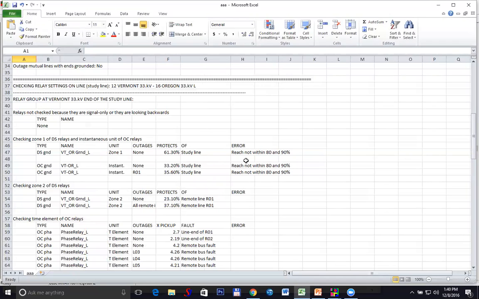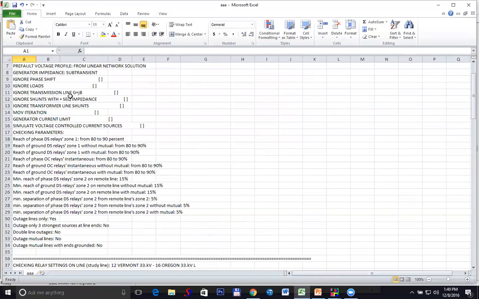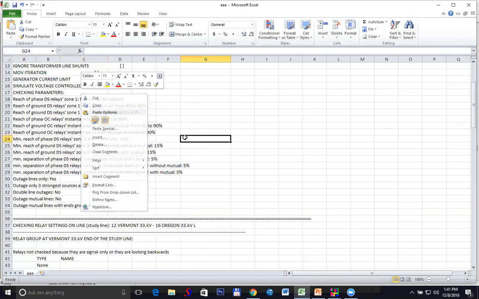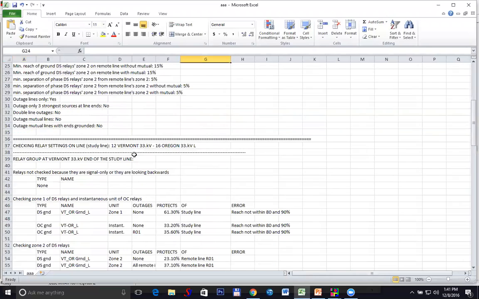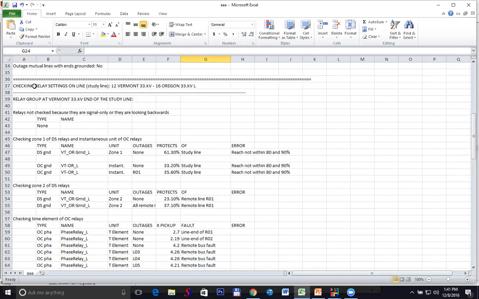Okay, so here you notice that the very beginning of this file just tells you today's date, the name of the file, and so on, and all the options that you have chosen in that box. I'm not going to go into that. Now you see a double line here. That double line means it's the beginning of the results,